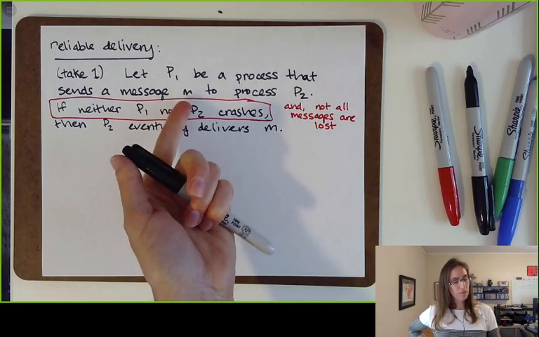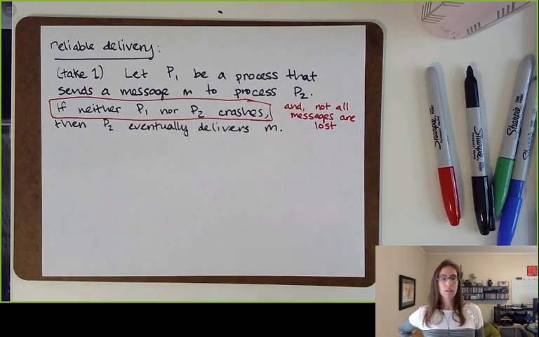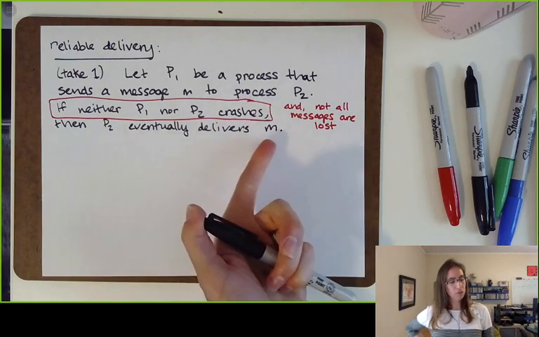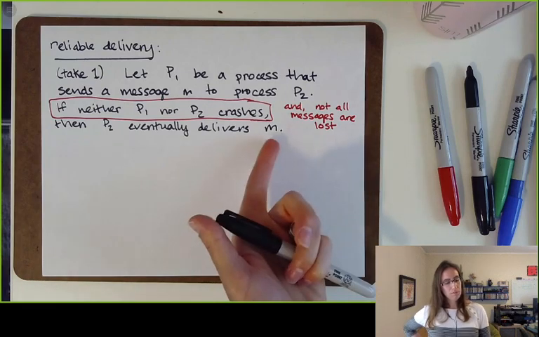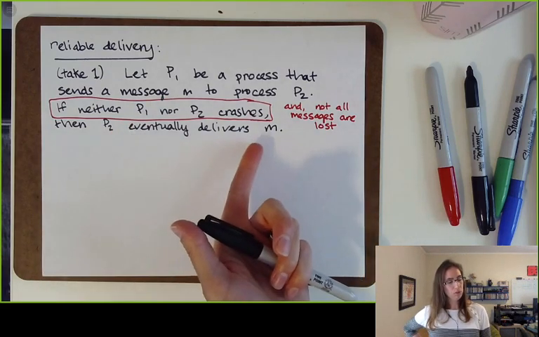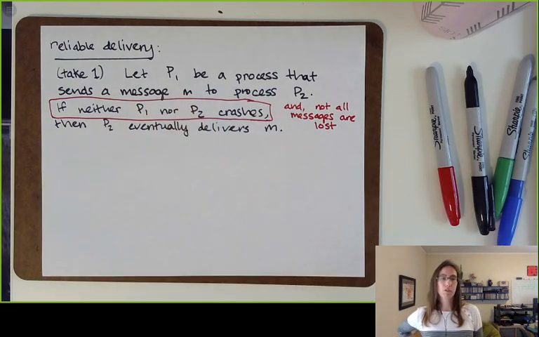So we care about message M getting from P1 to P2. But it might take a few attempts, right? There's nothing in here that says that it couldn't take a few attempts. So maybe to implement eventual delivery, P1 has to keep trying over and over. And maybe the first 5 attempts get lost. But if the 6th one succeeds, then the message has been delivered and we're in good shape. So that's why we say not all messages are lost here. If all the messages are lost, then there's no hope. But if not all of them are lost, then the message has a chance of getting through.